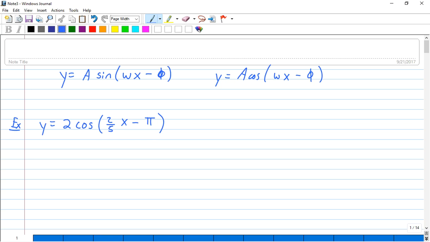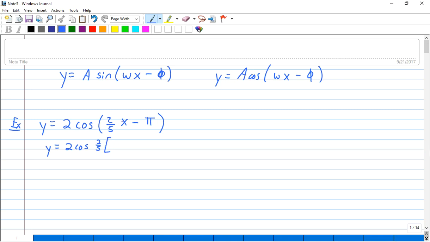Alright, so the first thing that we want to do is factor the omega out. Alright, the omega is whatever is in front of the x. So it's going to be 2 cosine of 2/5